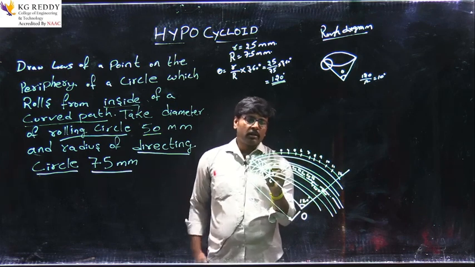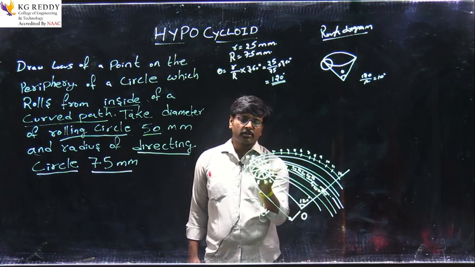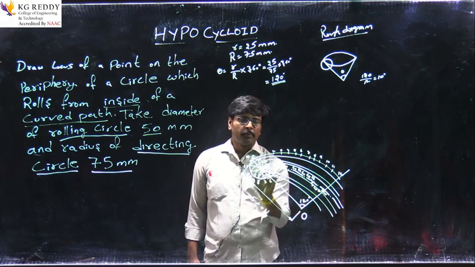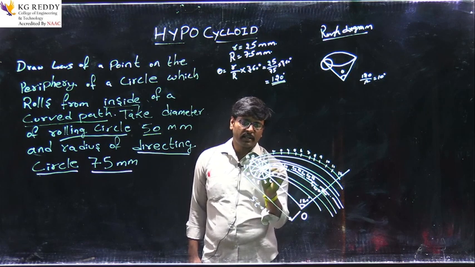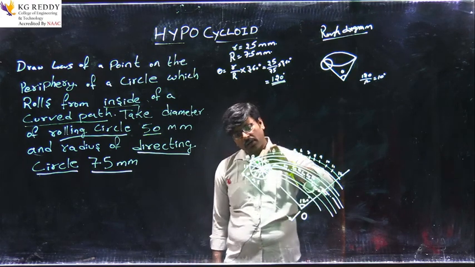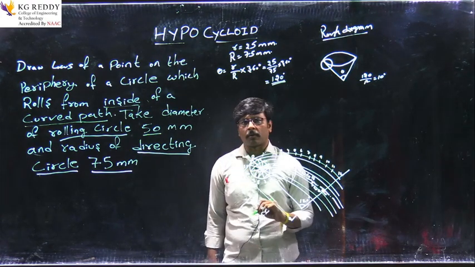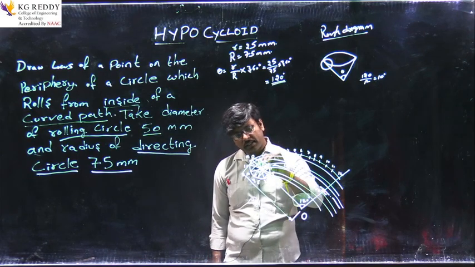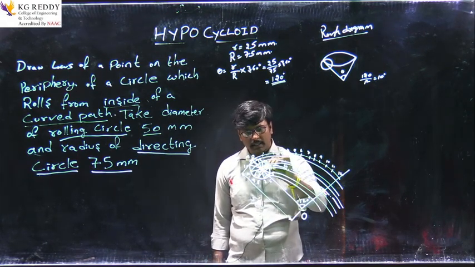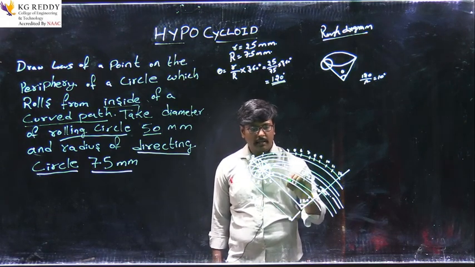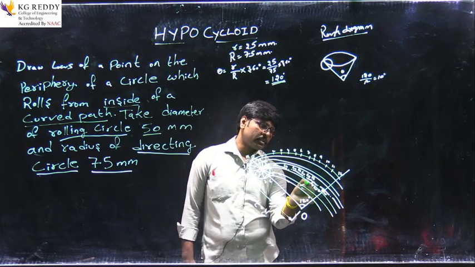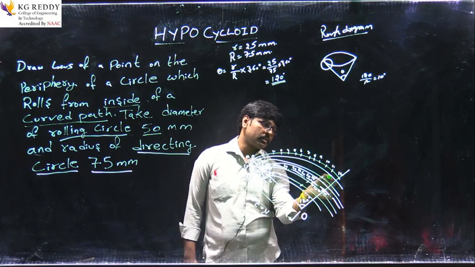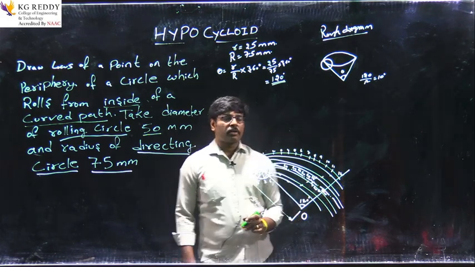So the next process: as we know the radius of this roller is 2.5 centimeters, first we measure 2.5 centimeters with the compass. With C1 as a center, and this is C0 and C1 is the center, we are trying to draw an arc on the 11, 1 curve. And next, C2 as a center on 10, 2, and C3 as a center, C4 and C5 and C6, exact top. And next C7, C8, C9, C10, C11 and C12. Like this we have to take the curves.